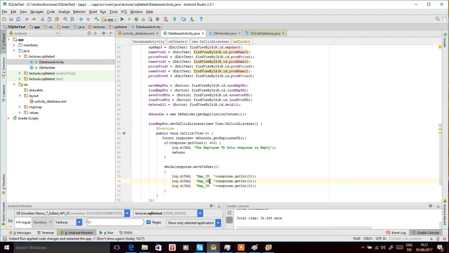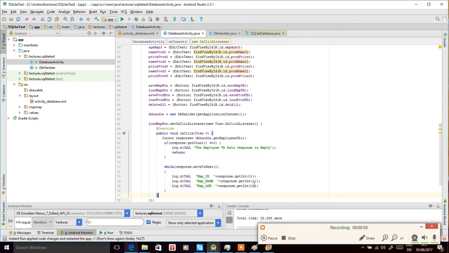Employee name, employee age. So the second column is the string, which is the name, so we should use the get string function here from the response cursor class. And in the case of the age we should also use the get int with an index 2. So this is what the load